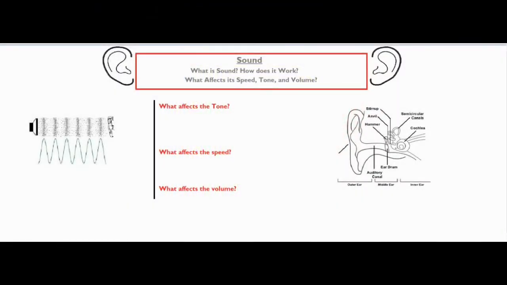In this video, I'm going to be talking about sound. I'm going to be discussing what it is, how it works, and what affects its speed, tone, and volume. So to start off, let's look at this picture over here to the left, and we have